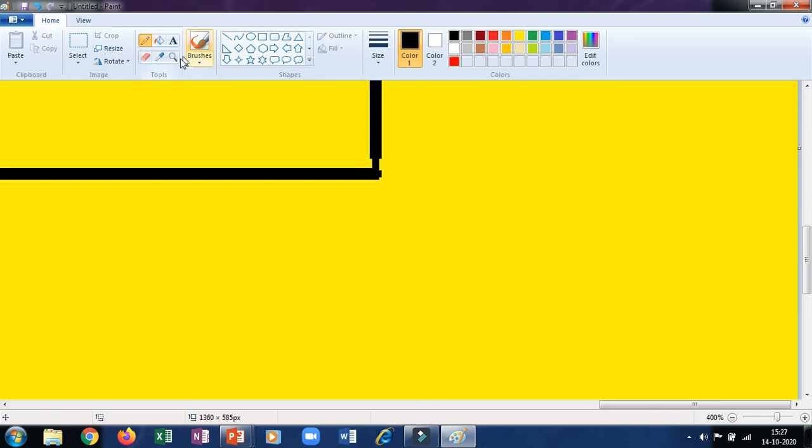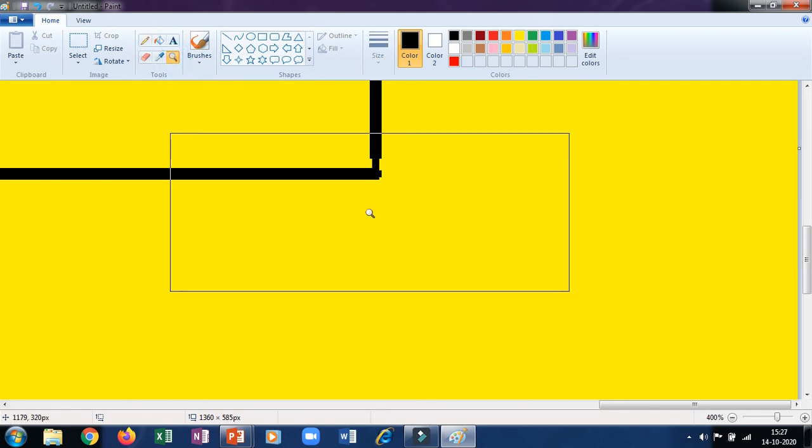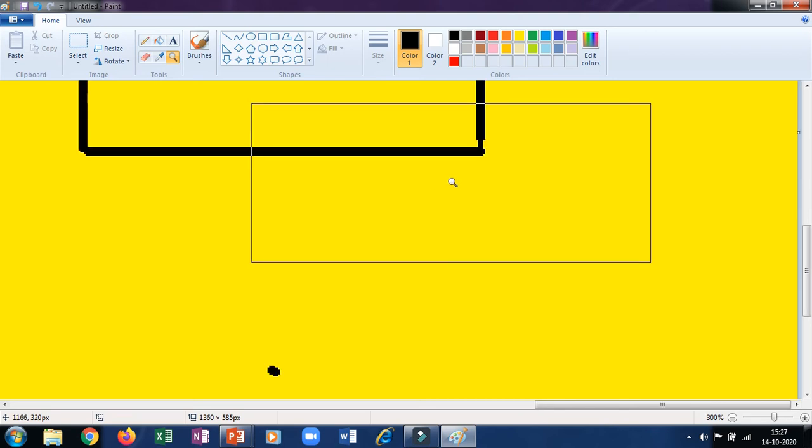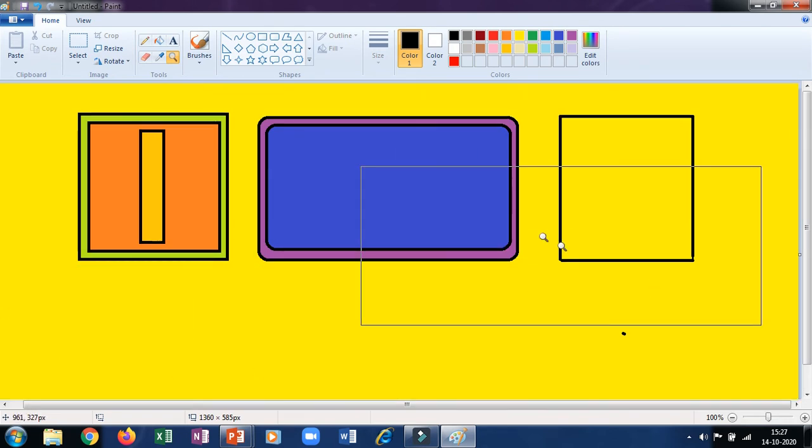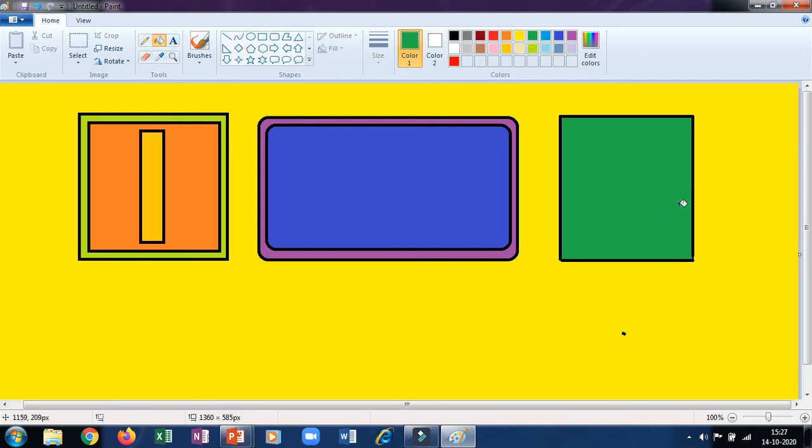Okay, now let us take the magnifier tool again, and we want to make the page as it was. So to make the page small, that is zoom out, you have to right click. Okay, right click. Now our page size is normal. Okay, so now let us color this image again. Now see, it is not spreading out because now I have closed this image, and this is a closed figure. And if you have any little gap, even a little dot, the colors will spread out. Okay, so it is not easy for us to color that image.